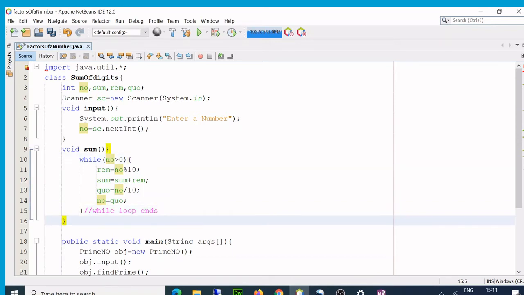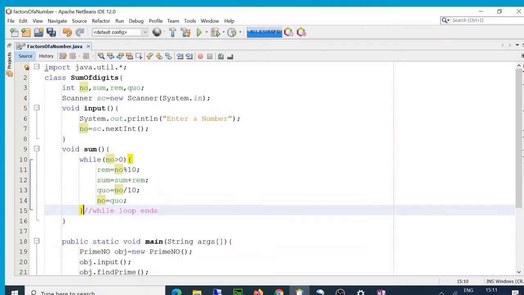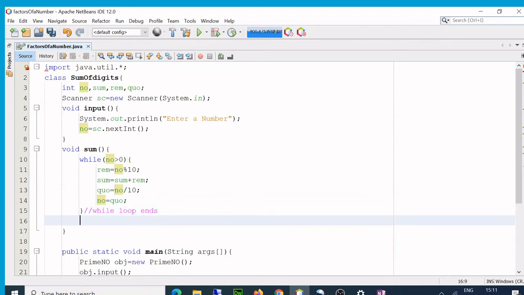I can print sum in another method, but let's do it here only. I'll say println, sum of digits of number, but number is going to become 0, right?